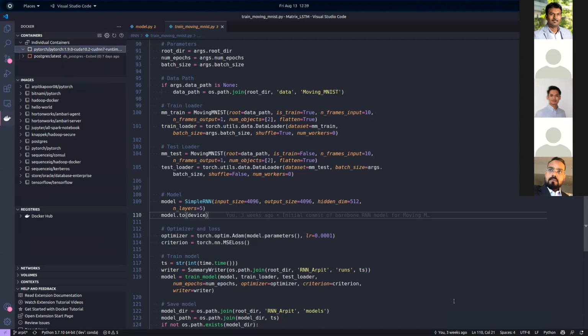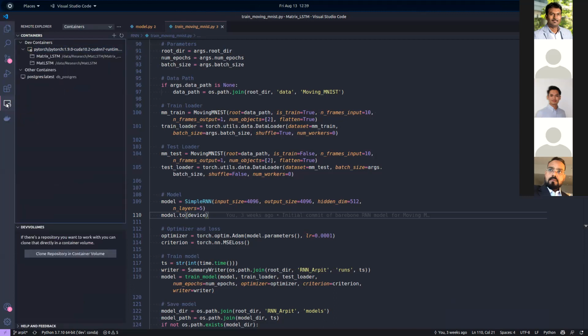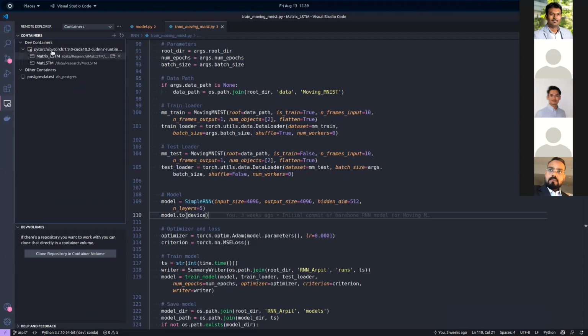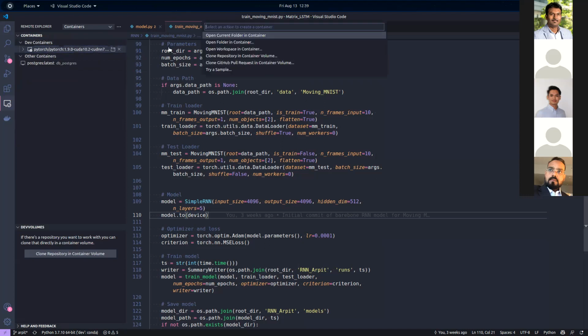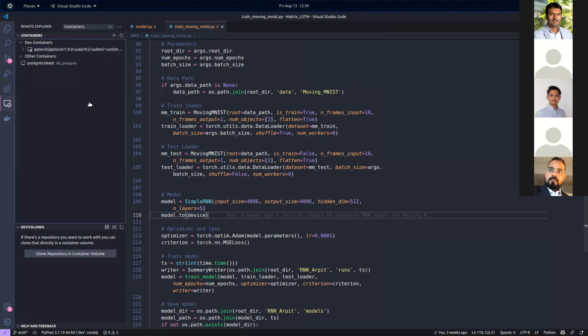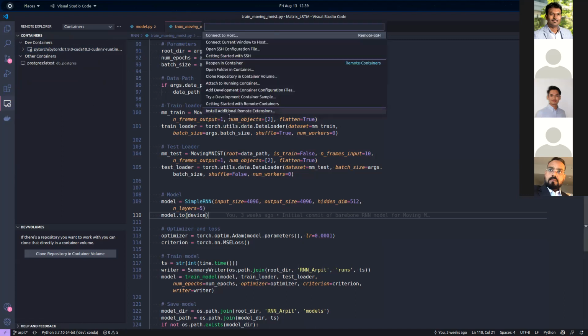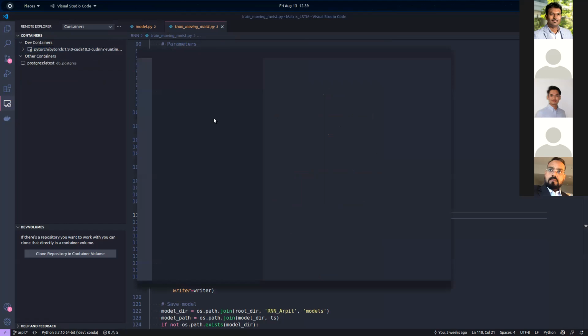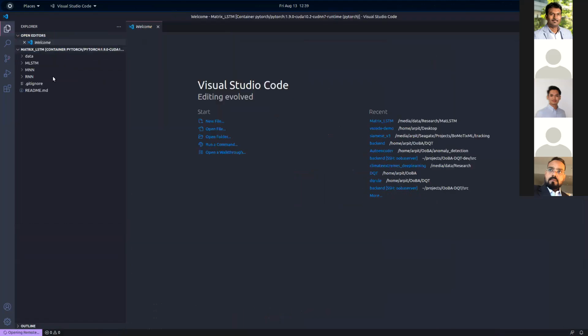I can start it, so it starts that image. And then using a remote container client that is available in extensions, I can connect to one of these containers. It shows the dev containers here, or I can just add a container or attach to a container, right? Even in the bottom left corner, you can open a remote window. This is the shortcut for the remote window client, and you can just click on attach to running container and it lists the PyTorch container. I'll connect to it, and it opens my project inside that container.